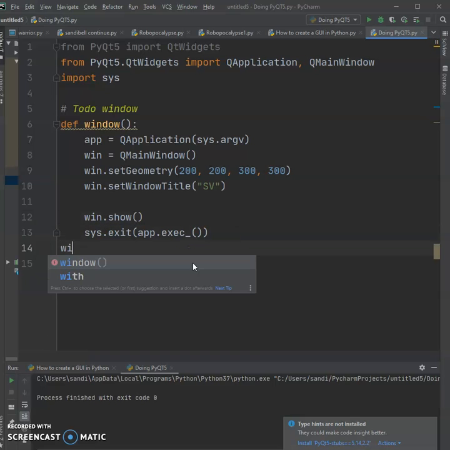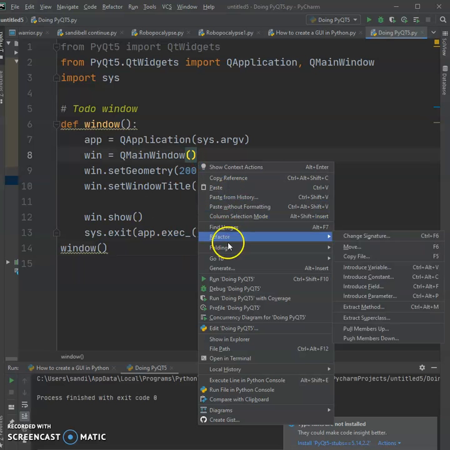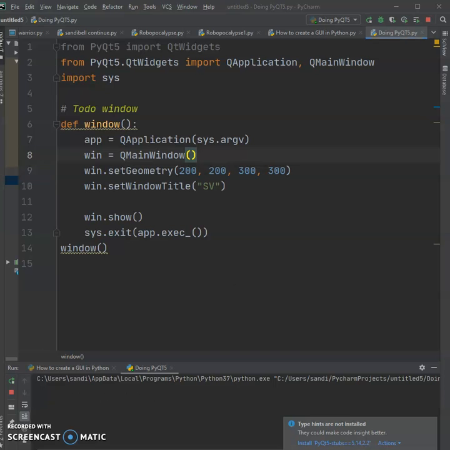Then we have to show window. And I click